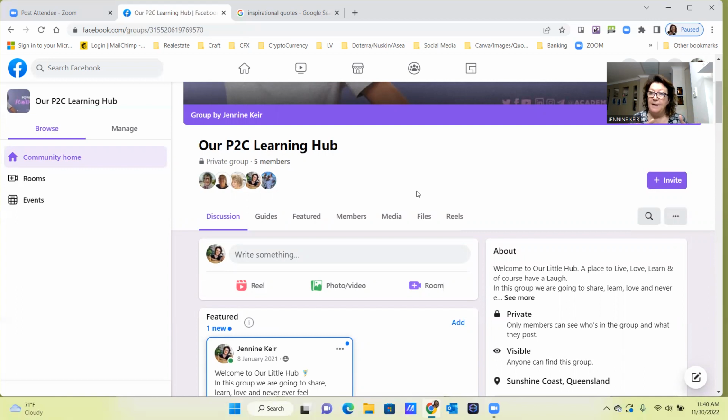And that's where this group could come in handy. We can set tasks, and then if you get stuck on something, we can all inspire each other and help each other by using this group. And we've got the messenger chat as well, but sometimes in a messenger chat, it gets lost in the thread. So if you all think this is a great idea, I'm more than happy to do it.